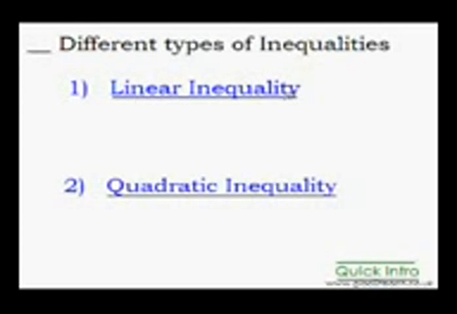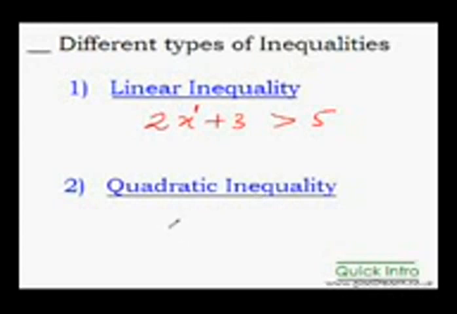So can you tell me now what would be the different types of inequalities? One is the linear inequality and the other one is the quadratic inequality. As you must have already guessed, the inequality created from a linear equation would be a linear inequality, isn't it? The first example that I gave you, 2x plus 3 greater than or less than or equal to 5. Since here the power of x is 1, there is an invisible 1, so this is a linear equation. So obviously the inequality that would be created would be a linear inequality.